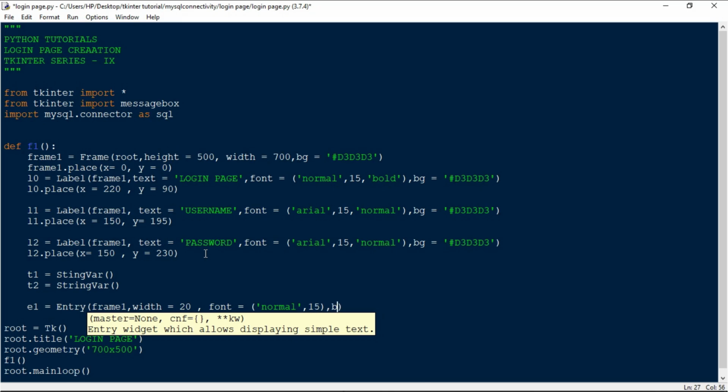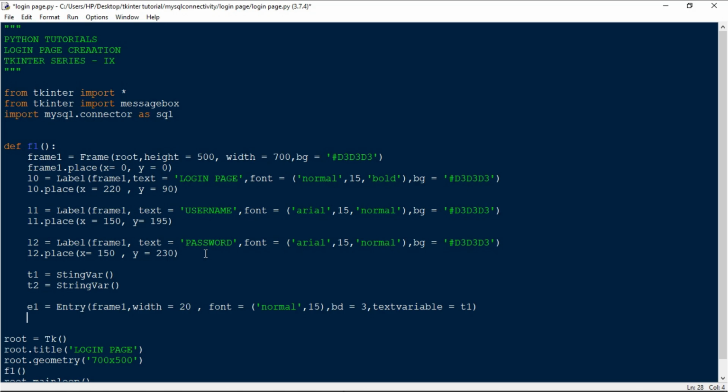Then I'm going to set its border as 3, and then we are setting the text variable. Text variable is t1. Then we are placing this e1, that is the entry field, e1.place at x equals 300 and y equals 195.